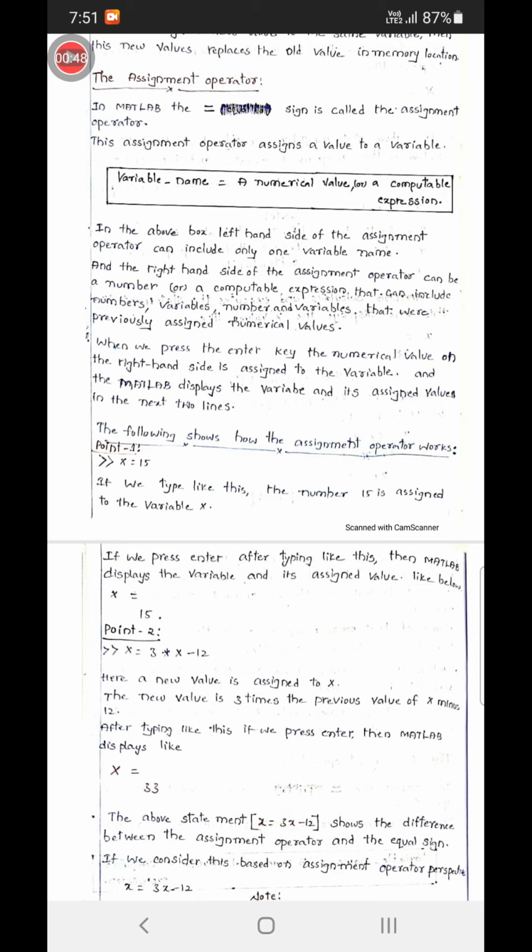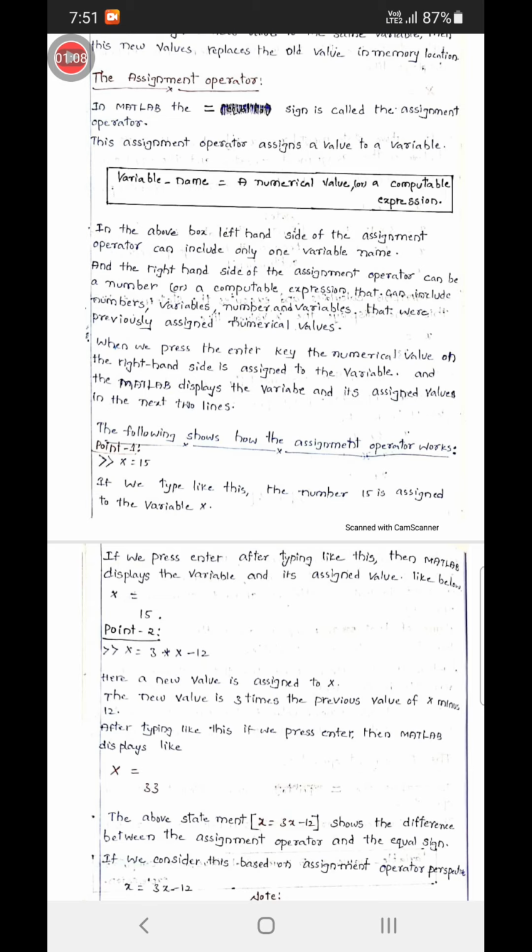In this topic, we'll discuss the difference between assignment operator and equal to. Okay, we'll see the difference between assignment operator and equal to operator.